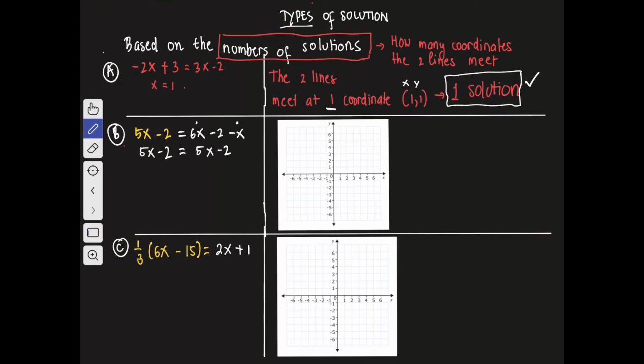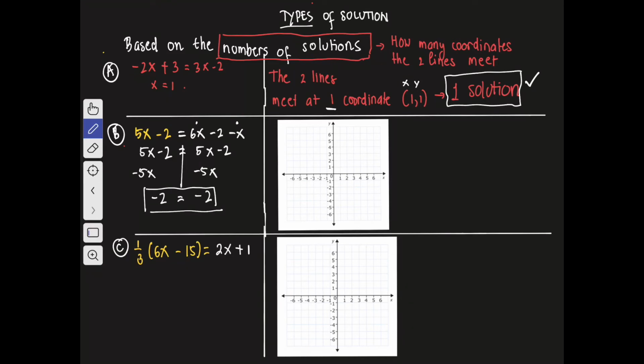And then we're going to try to solve this by eliminating the variable, one of the terms. Because they both have 5x, let's eliminate 5x by subtracting 5x on both sides. Although you can see immediately that the left side and the right side are exactly the same. As you can see, what we got is just negative 2 equals negative 2. We don't have any more variables. The variable disappears. When this happens,